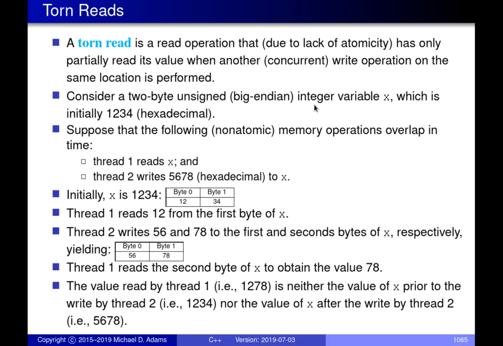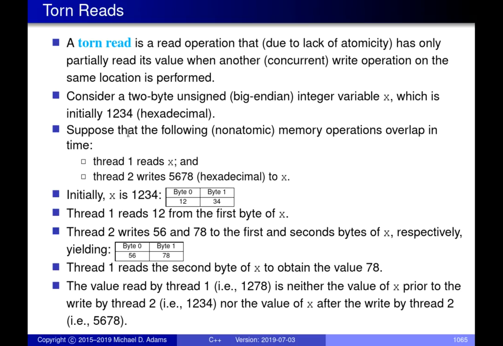And just to illustrate some of the consequences that can result from a torn read, I want to consider a specific example. Suppose we have an architecture where integers are 2 bytes, so basically 16-bit integers, and they're big endian, meaning the more significant bits are stored first, at the earlier address. I'm going to use hexadecimal because it's more convenient to break things into bytes. The first 2 digits in hex correspond to 1 byte, and the second 2 digits correspond to another byte. So the first byte of the storage for this value that we're initializing x to would be 1, 2, and the second byte would be 3, 4.